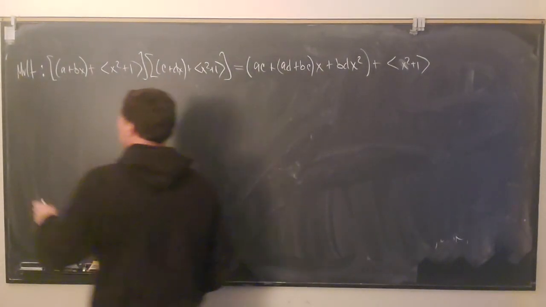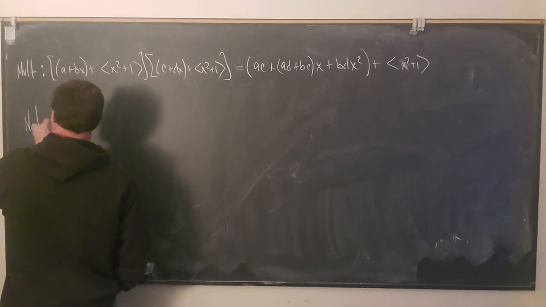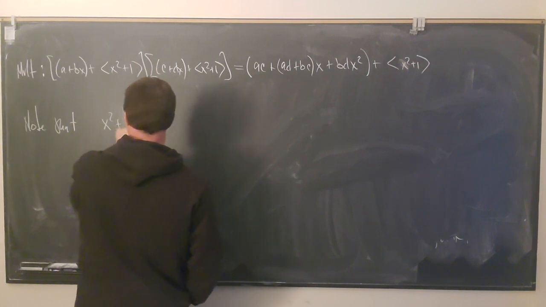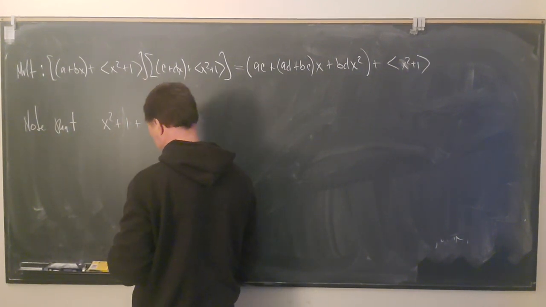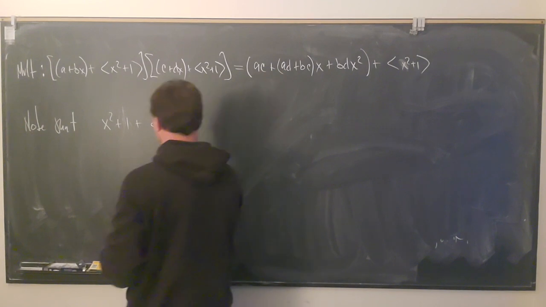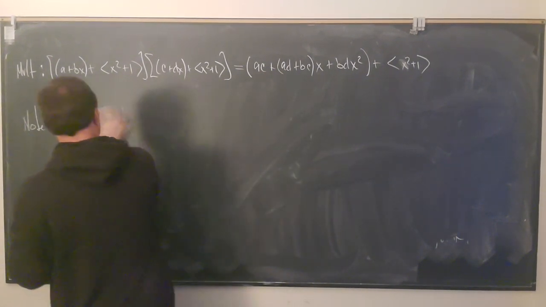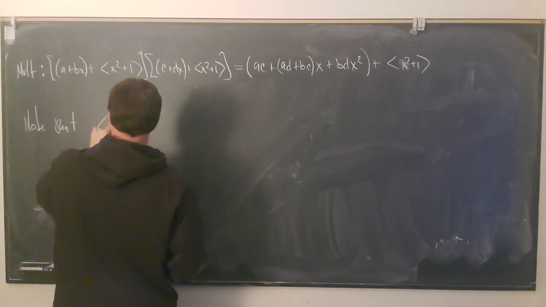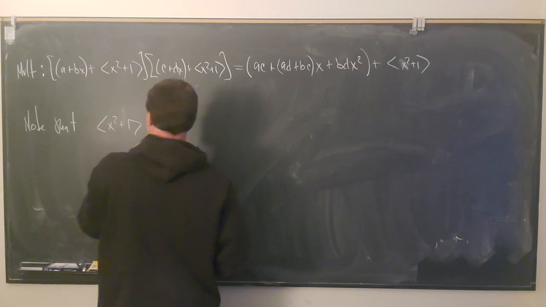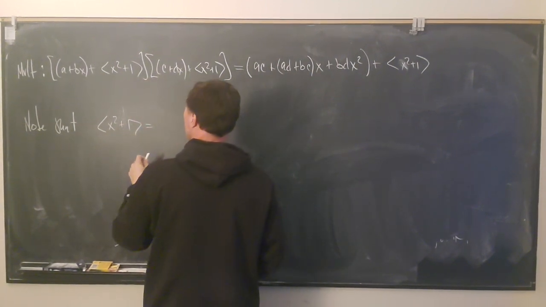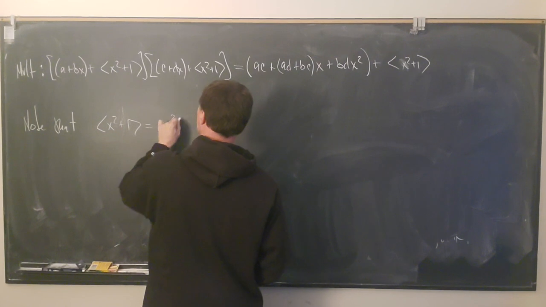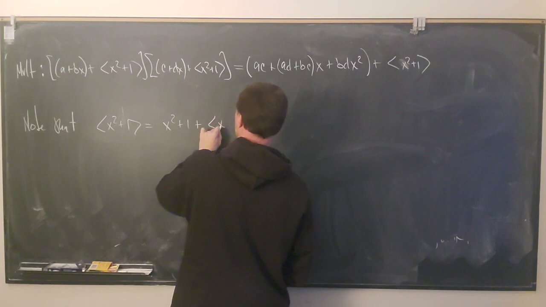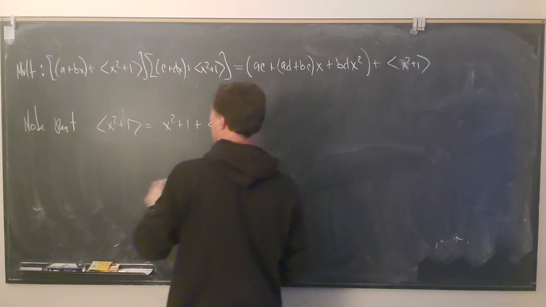So let's say it like this. Note that x squared plus 1 equals 0. Now, the identity coset: x squared plus 1 is equal to x squared plus 1 plus the ideal generated by x squared plus 1. And so,